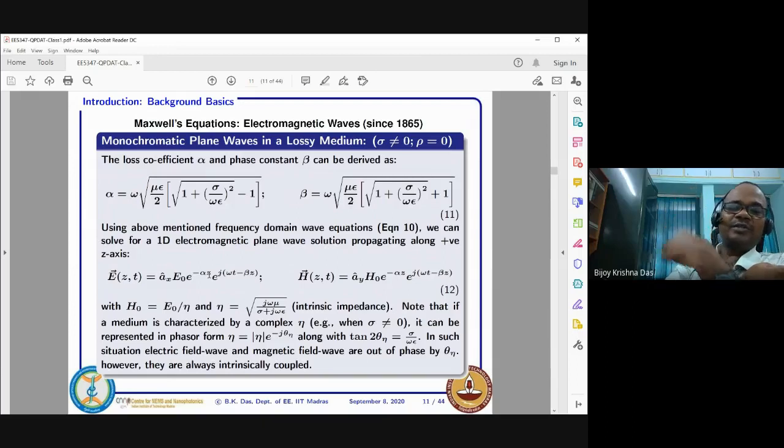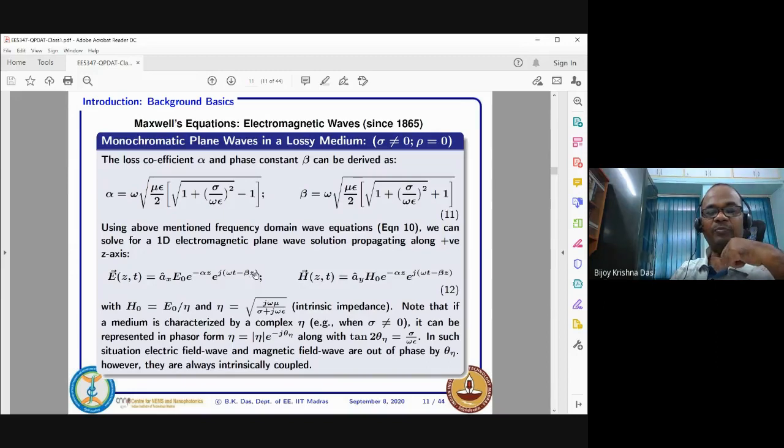Okay, so that is how you can put plus gamma, minus gamma, but keep in mind that your value actually is getting attenuated. So the take-home message: alpha is actually contributing to your loss because it is simply exponential, but beta is not contributing; it is actually oscillating as a function of z. If you just freeze t equal to 0, for example, then as a function of z, if you try to picturize it, that will be a sinusoidal curve as a function of z.